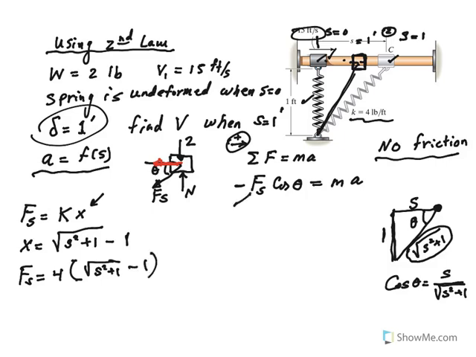So now, if we plug in here, remember, that's the force of a spring, 4 times square root of s squared plus 1 minus 1, times cosine theta, which is s divided by square root of s squared plus 1, equals mass. Be careful with the mass, guys, 2 divided by g, okay? Let me put a circle around this again. All right? So now if you clean this up a little bit,